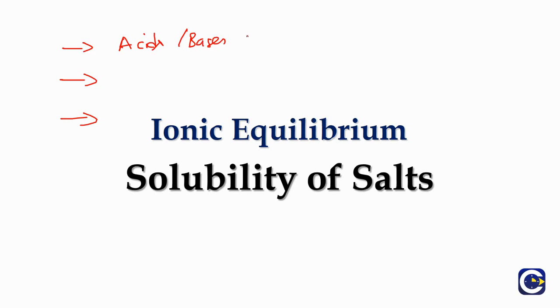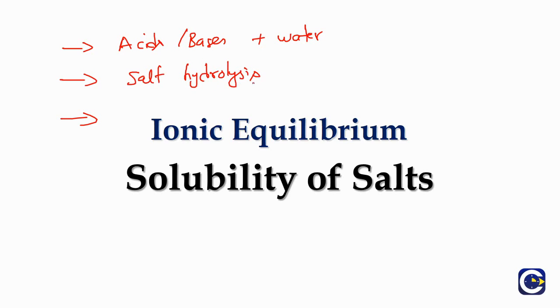When the acids and bases are dissociating, we talked about the ionic equilibrium. They may dissociate by themselves or they may dissociate with water, where we'll talk about the common ion effect between the water and the acid or base. And we can talk about the ionic equilibrium in the case of what we have seen as salt hydrolysis. That is the second case of ionic equilibrium that we have talked about.